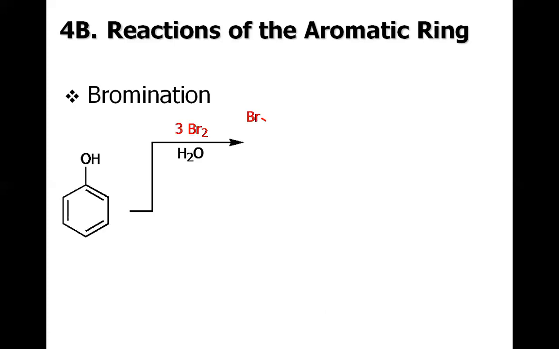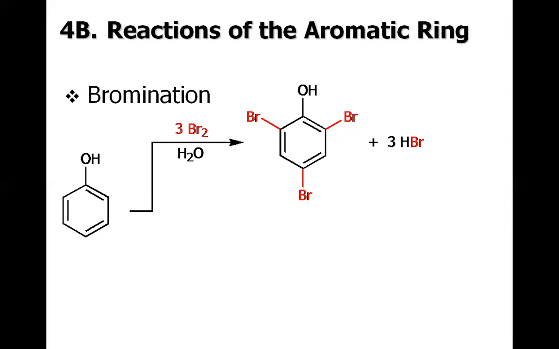Now the other type of reaction of phenol is due to the aromatic ring. So let us discuss the bromination. When we treat the phenol with bromine, we have the tribromophenol. And remember, there are two things that are important to discuss at this level. If you recall, when we brominated benzene, we had to use a catalyst, aluminum chloride or ferric bromide, whatever. And also we got the mono-substituted product.